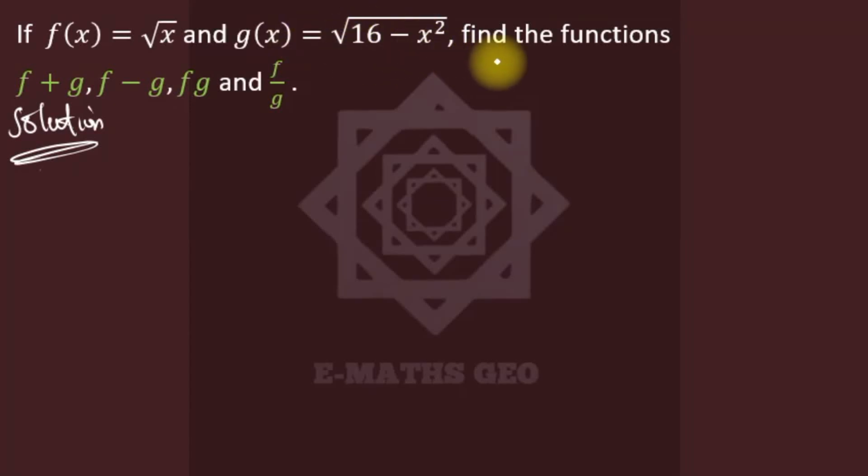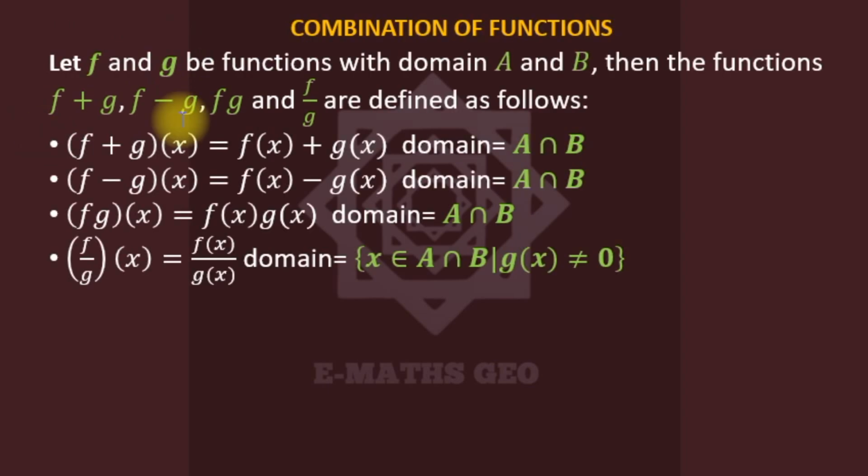of x is this. We have to find the functions this. So this is under combination of functions. So let's look at it before we get back to this. Combination of functions. If f and g be functions with domain A and B, then the functions f plus g,